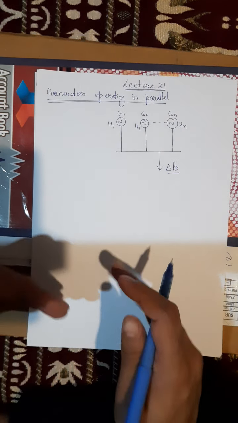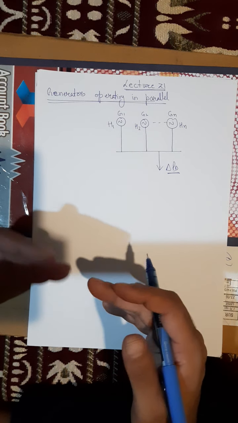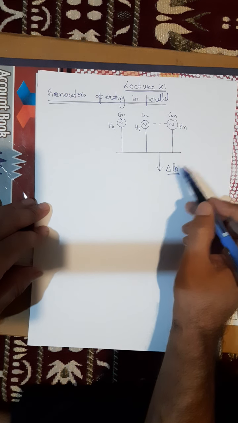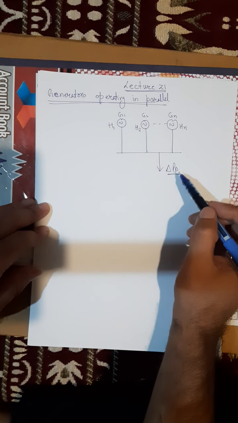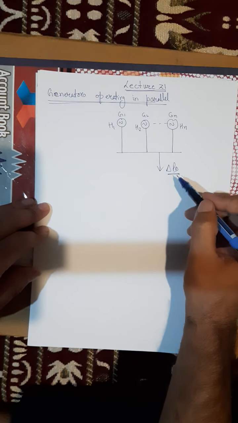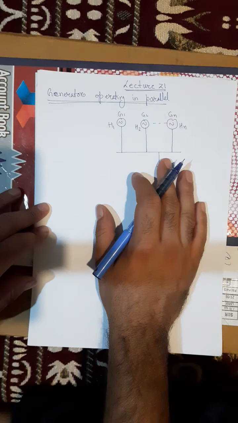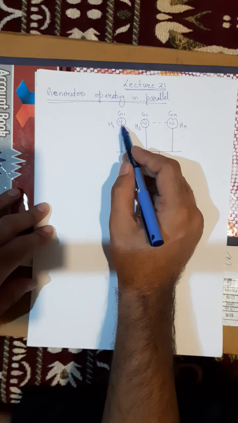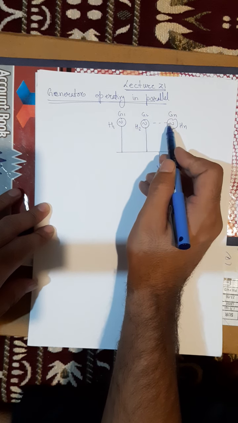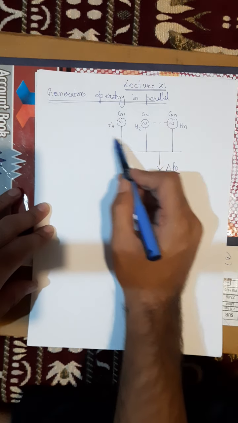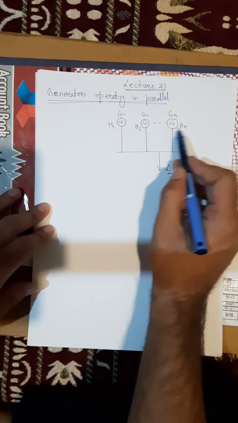Now I have to calculate the frequency deviation delta f. If there is any change in load, obviously that change is reflected in frequency, and we will see how these generators will collectively take care of that frequency deviation. For governor analysis of generators operating in parallel, each generator is associated with its own governor. For governor analysis of generators operating in parallel in a power plant, we assume that the generators swing in unison.